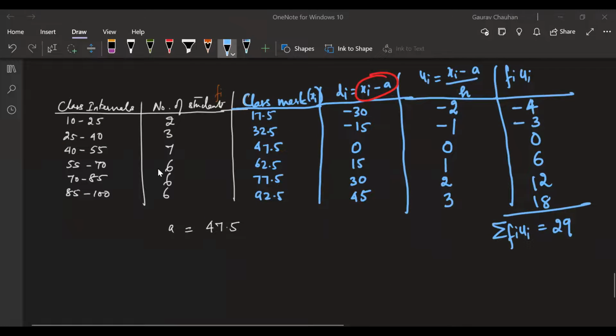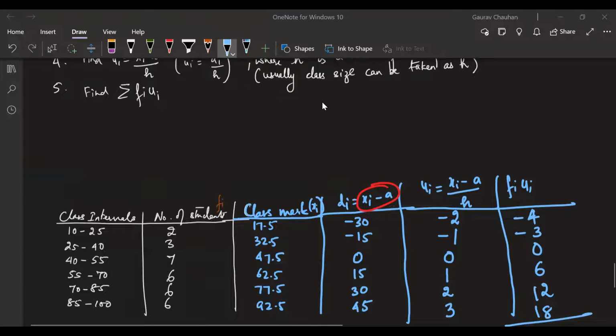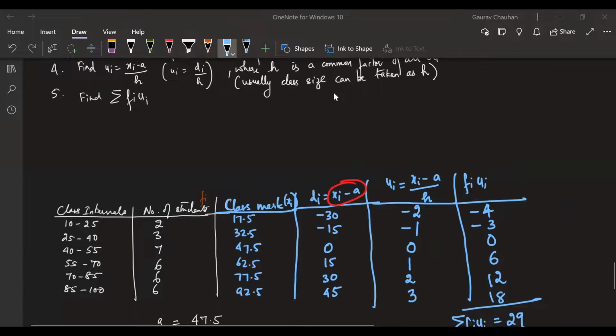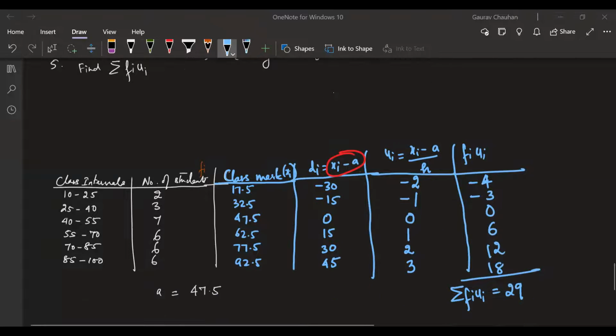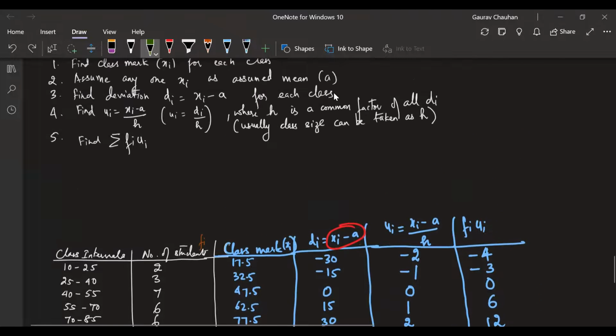Since now, to find the final answer here, in relation to assumed mean, where I have just divided di with h, finally I have to multiply this sigma by h. That's the only difference that will happen. So the sixth step: find x bar, the mean, using the formula. X bar equal to,